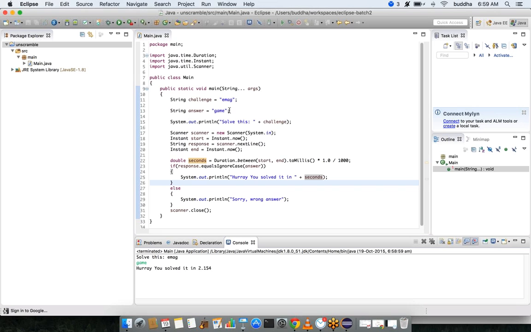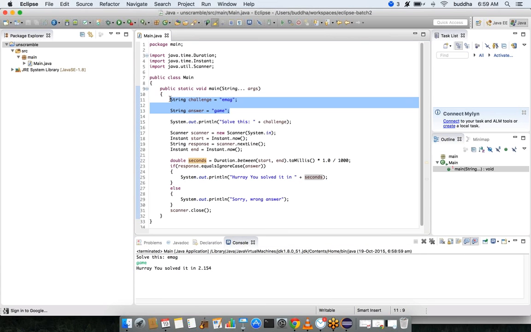But isn't this boring? Every time I run this program, the same word will be returned. If we keep running the same program again and again, it's not challenging. So what we can do is create two arrays: one containing challenges that are scrambled forms of words, and another containing the unscrambled forms of the words. This way we can give a different set of challenges to the user. But putting all that logic here makes this main code a bit lengthy. So we'll create another class where we get that job done.